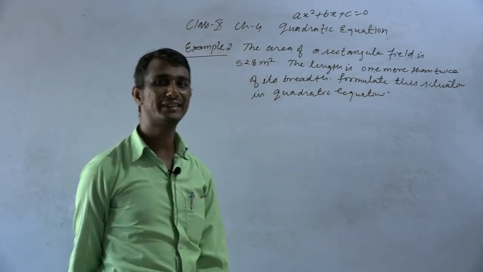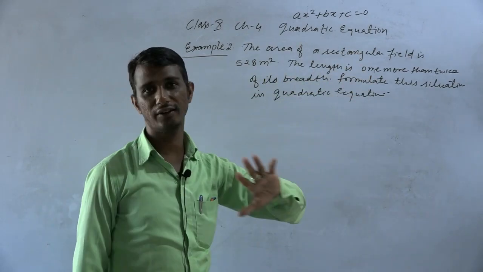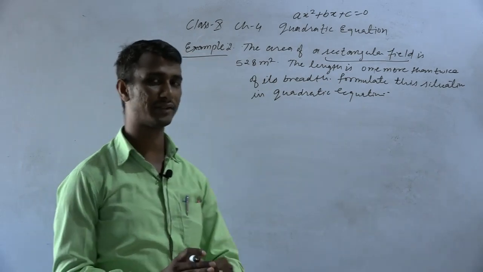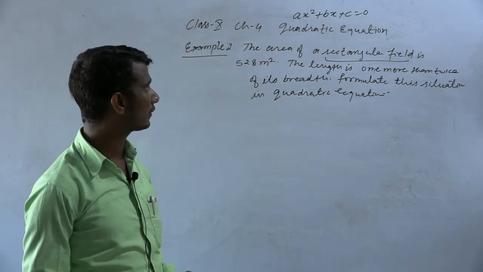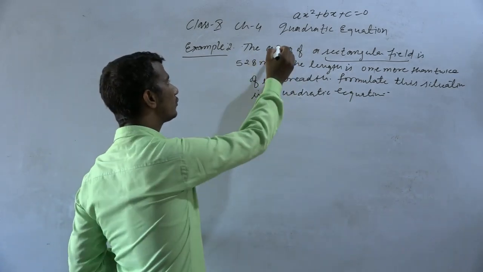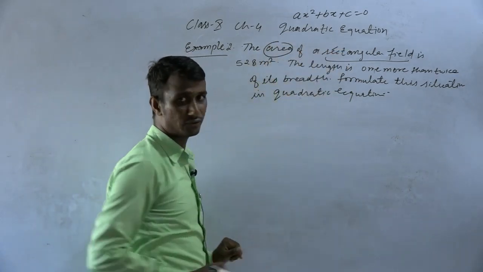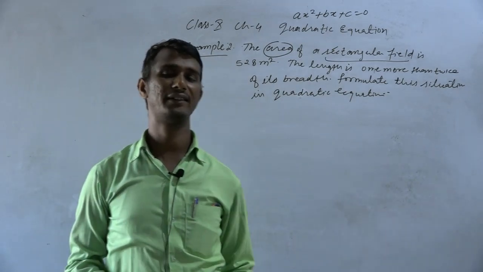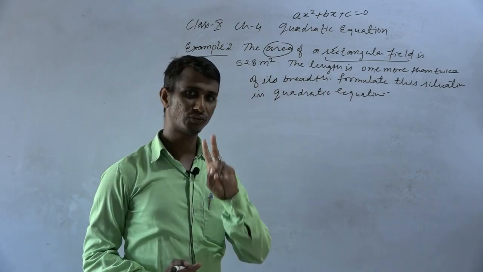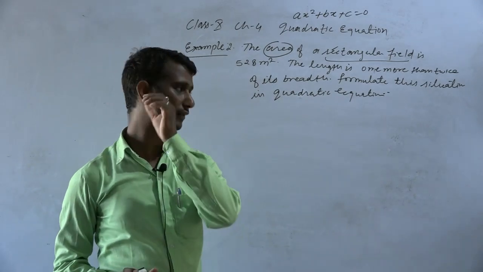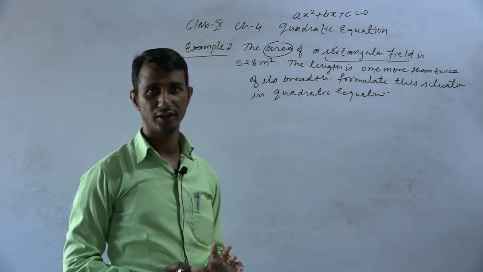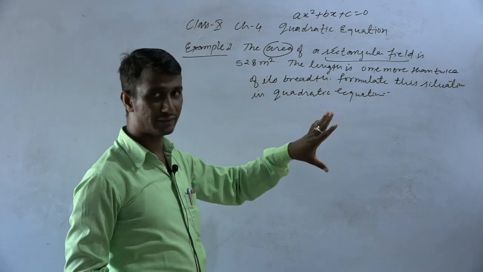Okay, this is the second example that is related to our daily life, because generally we have rectangular fields, or fields are in rectangular shape. This is the basic daily life question. The area, and you know how to find the area of a rectangle. I told you the formula. If we are finding the area of a rectangle, then we multiply the length and width. So two terms are coming here. First is length and second is width.